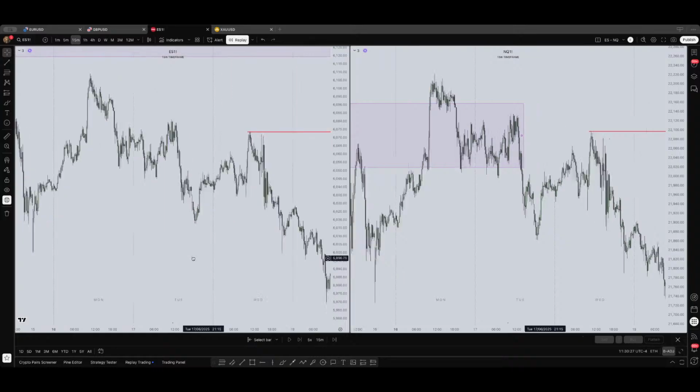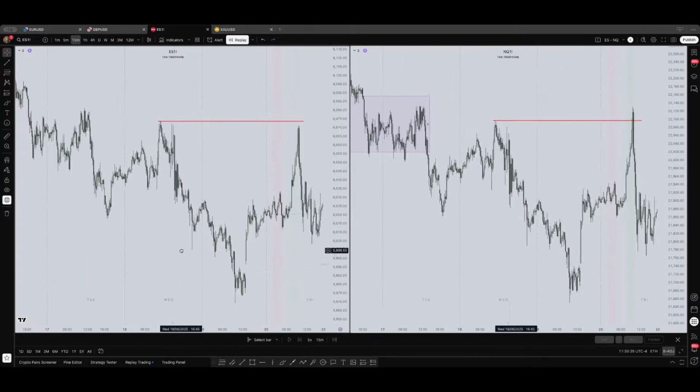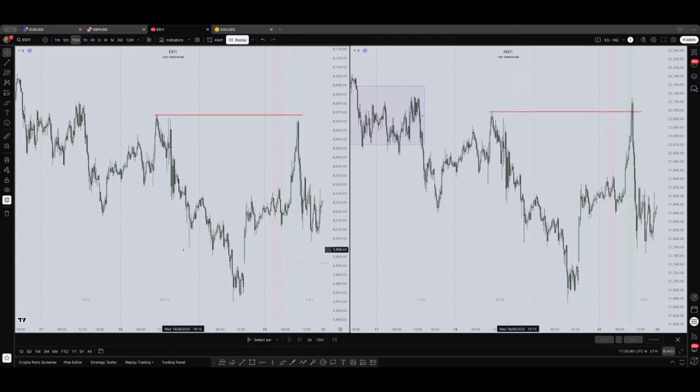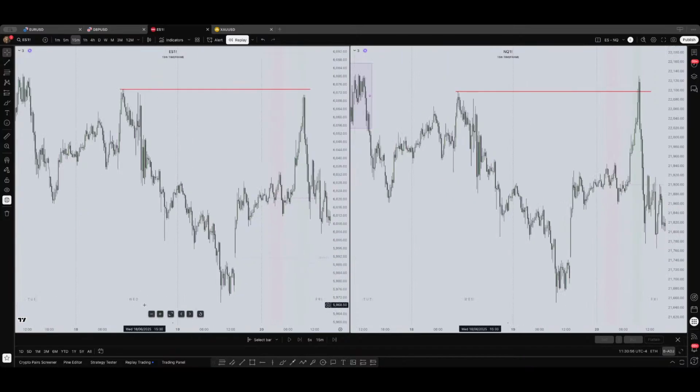Sometimes you have formations like breakers which are very clear in one chart but not in another. That's very important also. I remember now I saw a breaker very clearly in one, but not in the other. So I took the trade in the one where it was very clear. I don't remember which one.